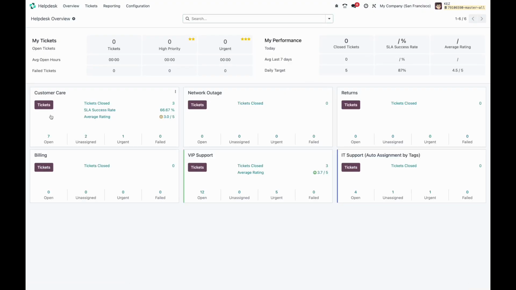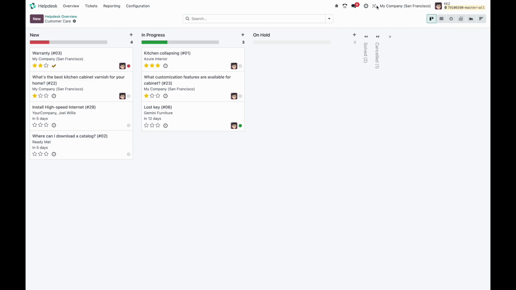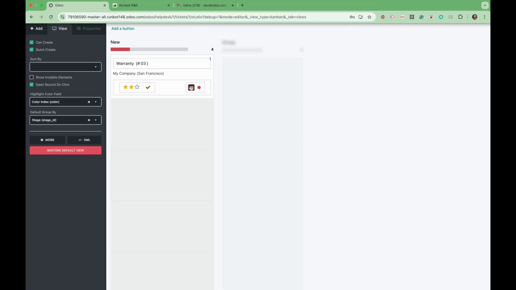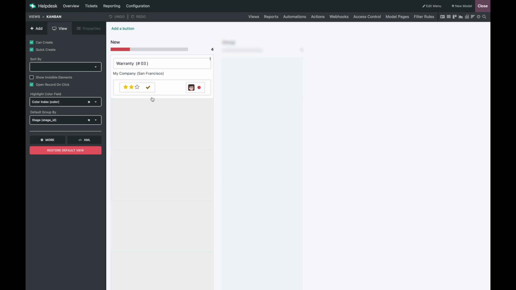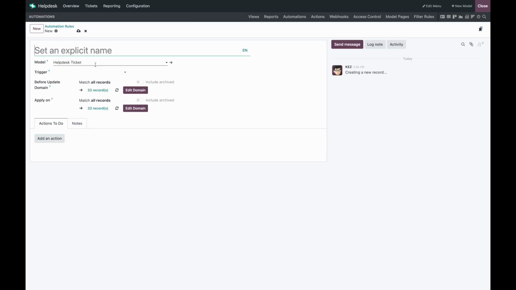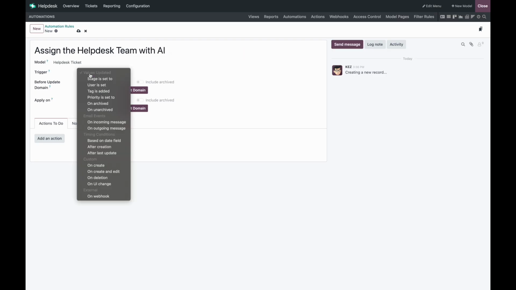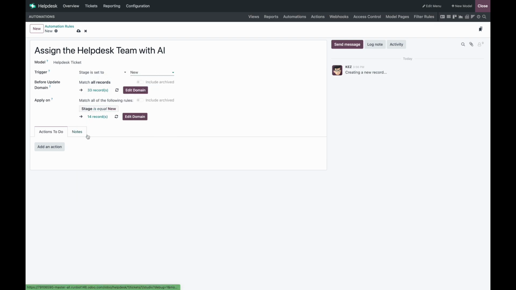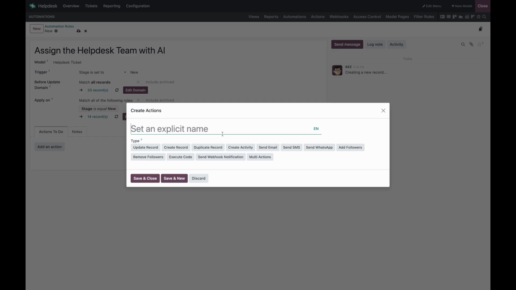So let's go in to customer care here. We'll go into Studio, and we'll say an automation. We'll create a new automation rule, and we'll say custom assign the help desk team with AI. So now when the stage is set to new, we'll add an action, and we'll say update the record,